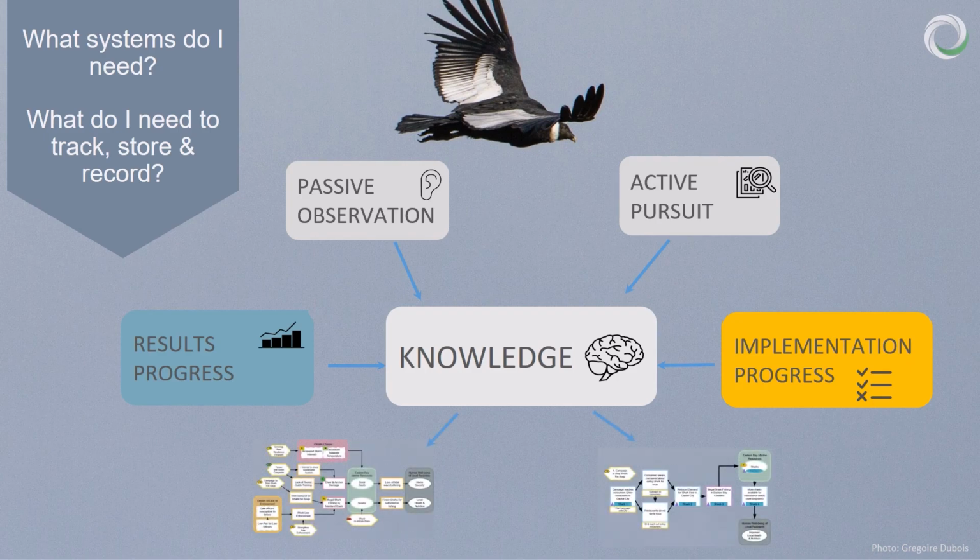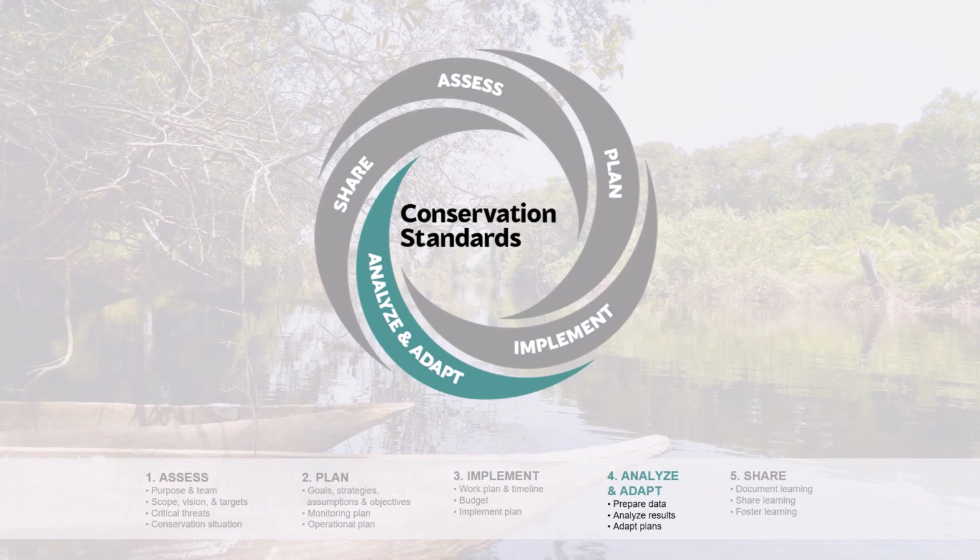So Step 3 includes identifying the systems you would use to track these elements and the gauges or dashboards that could provide you with timely information so that you can correct your course as you go along your journey. In the rest of this course, we will talk more about how you enter data in these systems and how you use it to help your team reflect and adapt. On that note, let's move to a